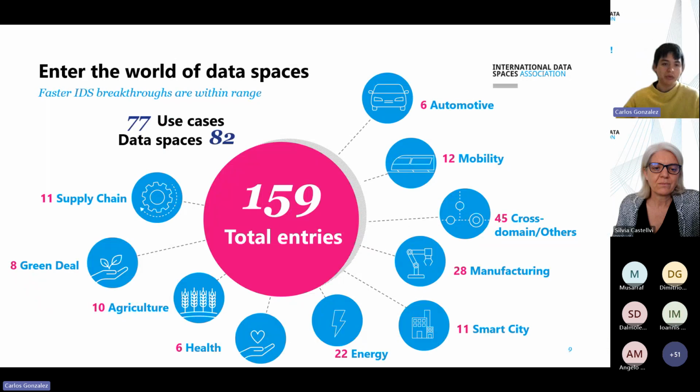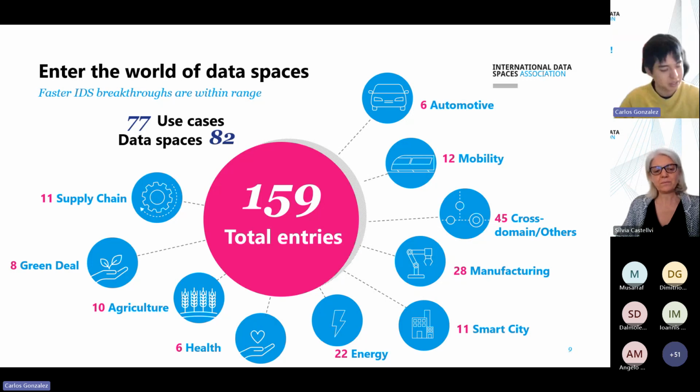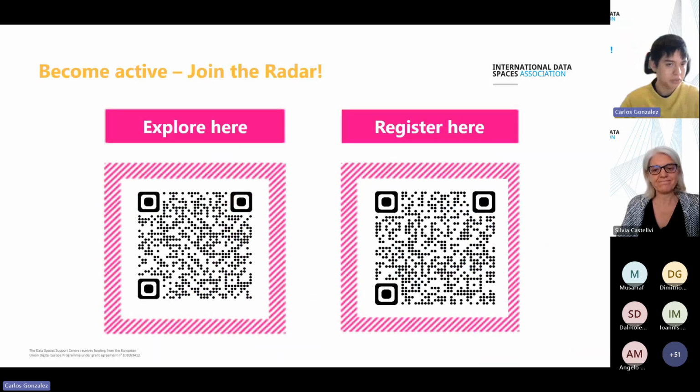We're happy to share with you that we already have nearly 160 entries on the radar. 77 of them are use cases, and 82 of them are data spaces spread across different domains. So I would like to call you to action to please explore the radar, go through it, have fun looking at the different information, getting inspired on use cases. And hopefully, once we have some new use cases from the PLIADES project, it will be great to have them